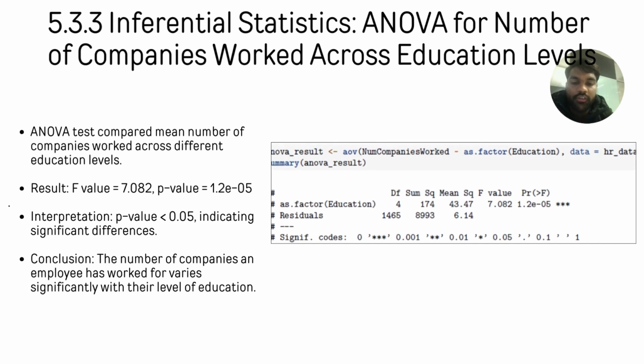The results indicated significant differences with an F value of 7.082 and a P value of 1.2 × 10^-5. This suggests that the number of companies an employee has worked for varies significantly with their